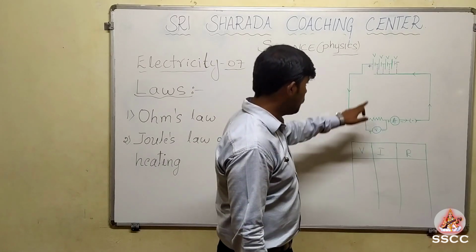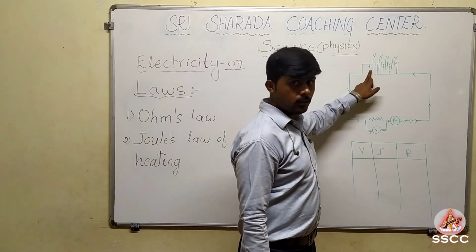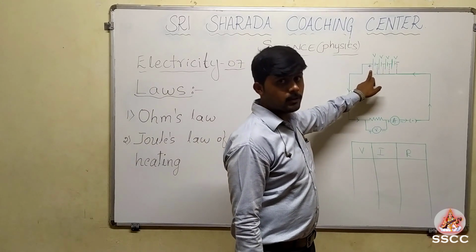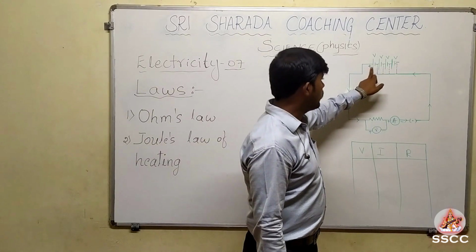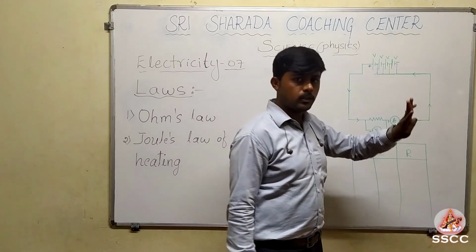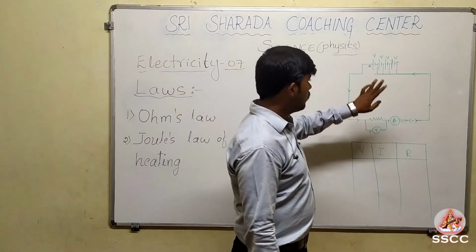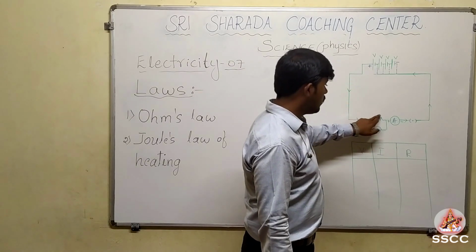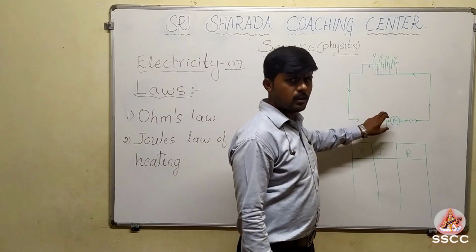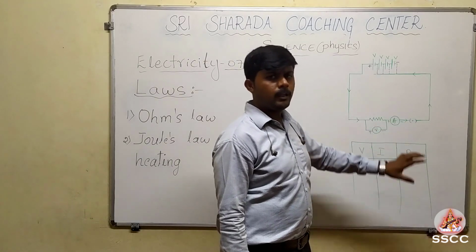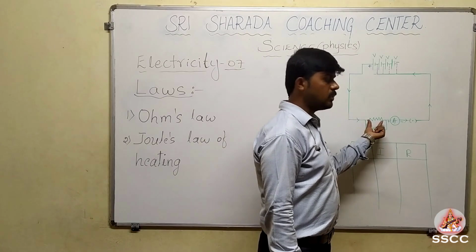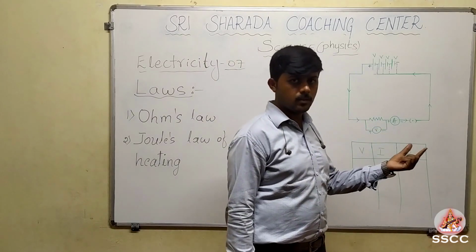You can observe here we have a battery. I told already, a battery is a combination of cells in series. 1, 2, 3, 4. Four cells are there in the battery, and the positive terminal of the battery is connected to the resistance. We are considering a conductor here. Every conductor has its own resistance. That's why we are writing it in the form of resistance. This is a representation of the resistance.